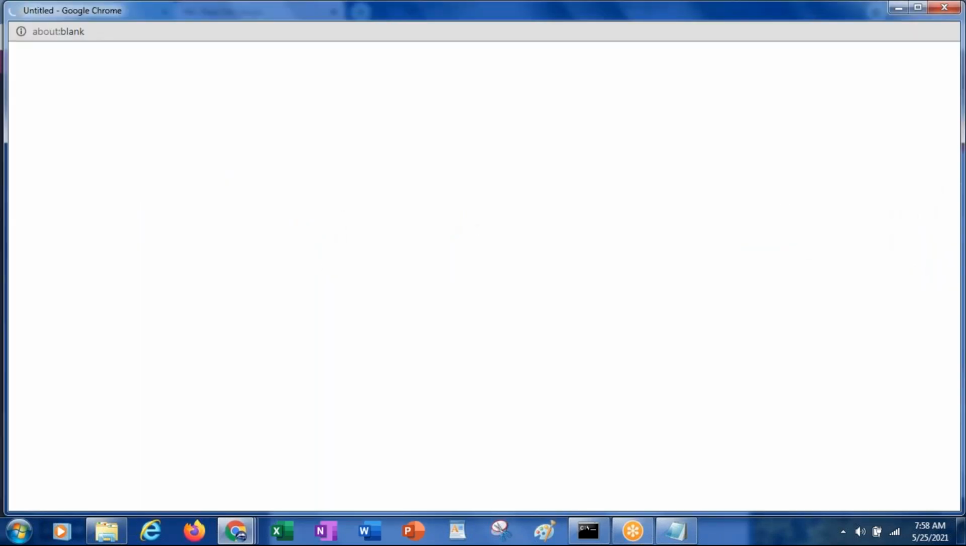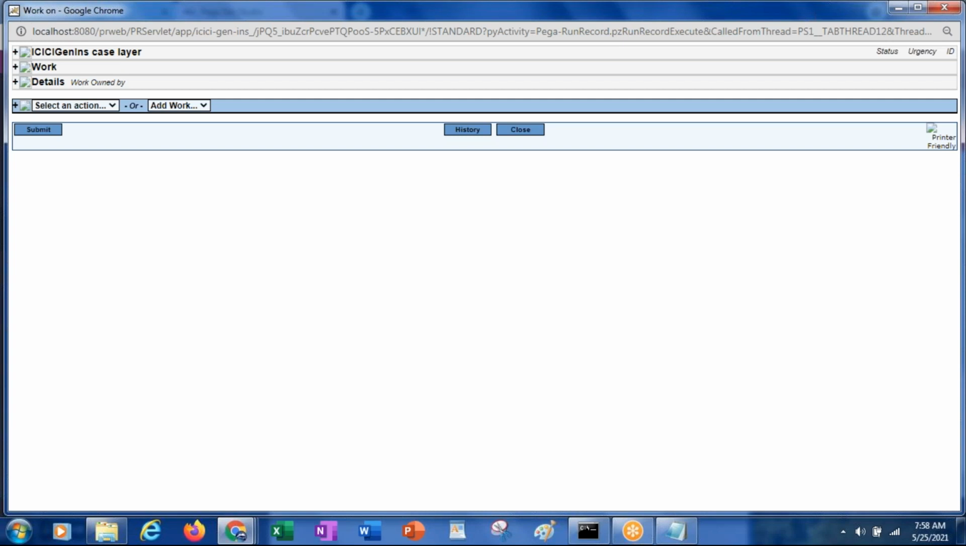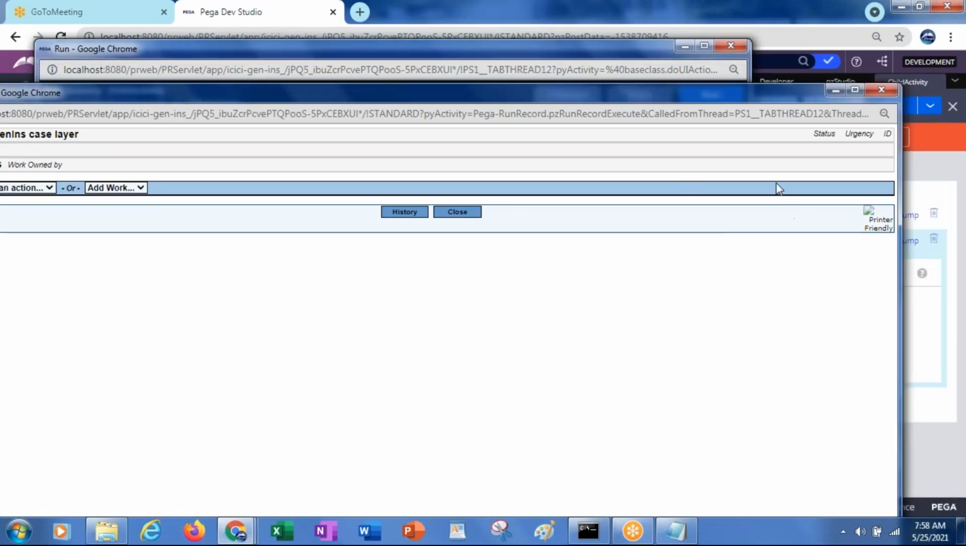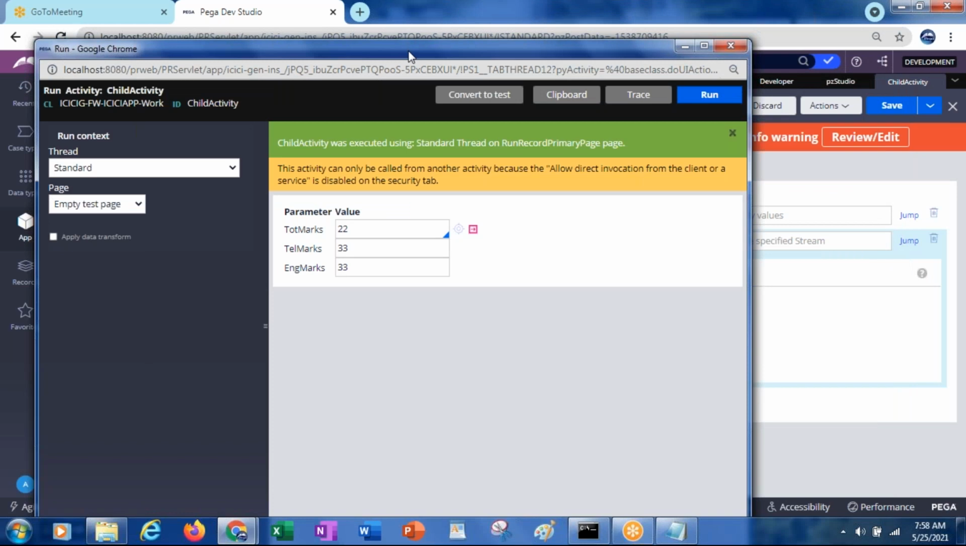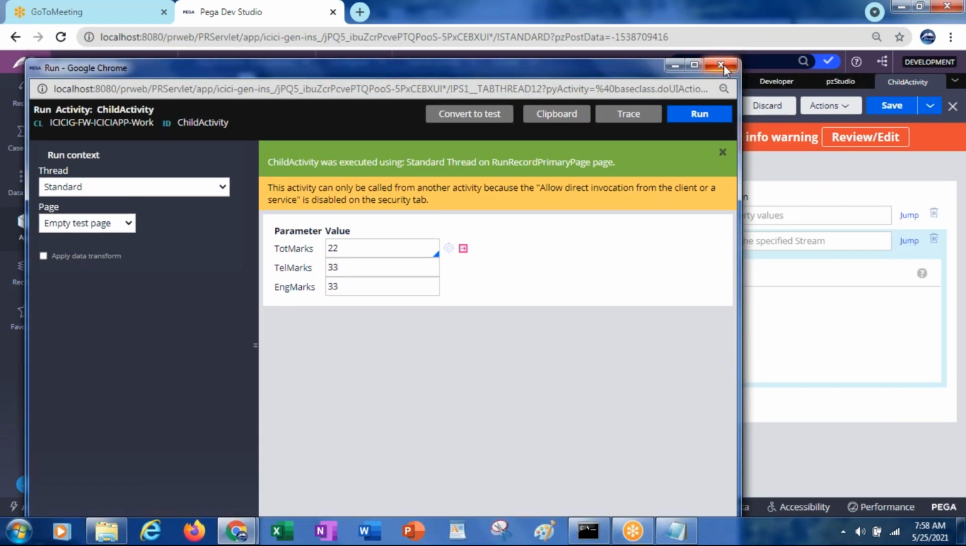See, it will open the harness. Likewise, this is also the other way of referring the harness. Either the harness can be referred from the activity or from the